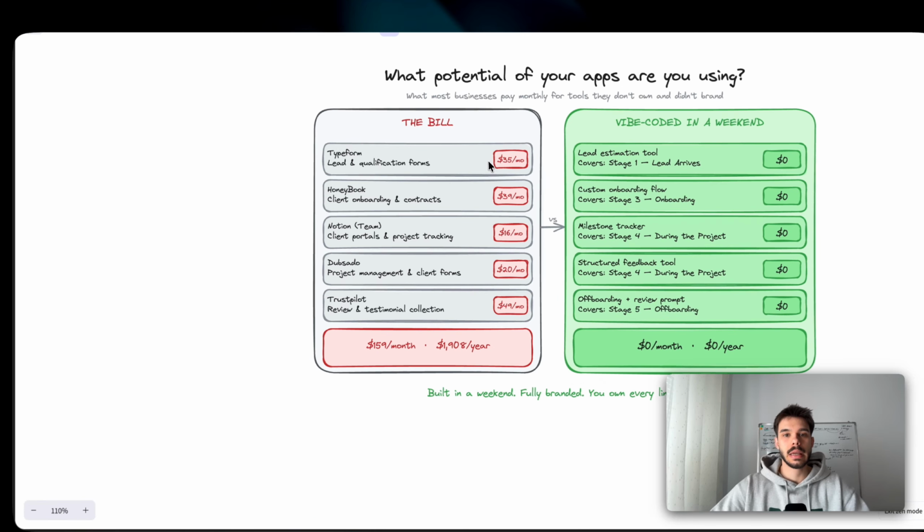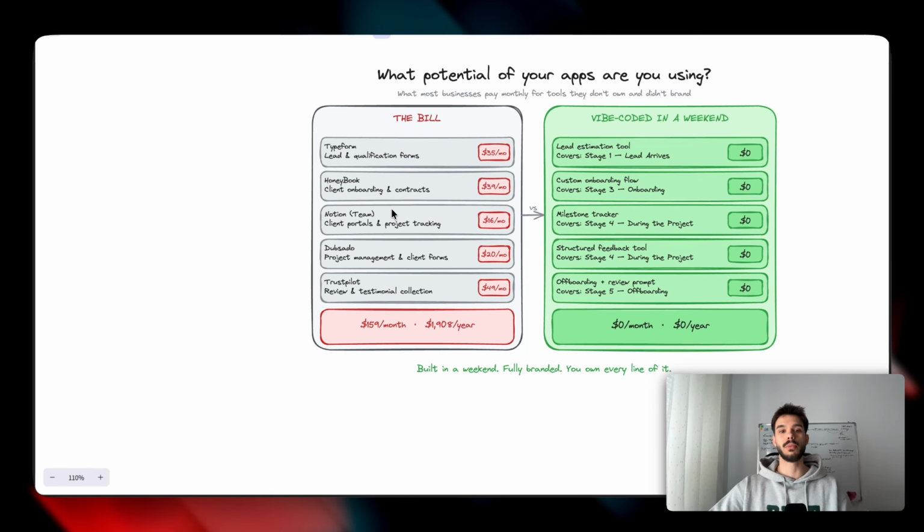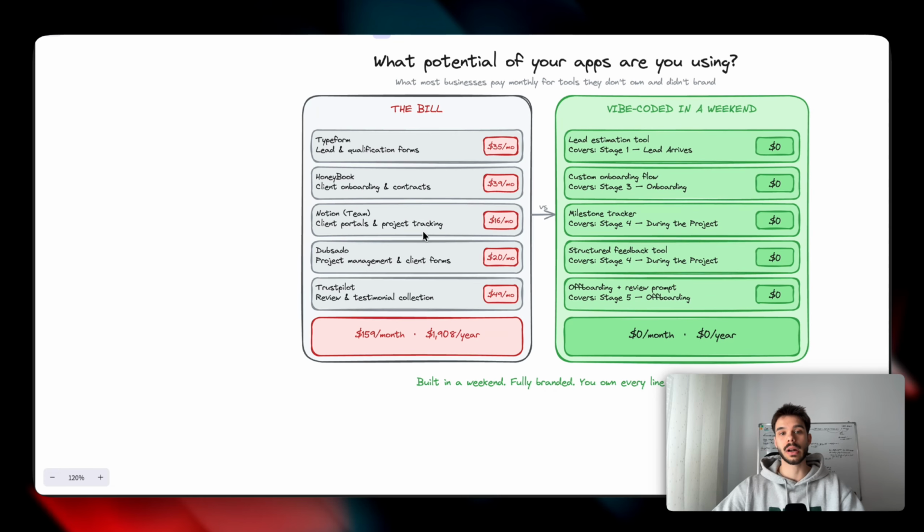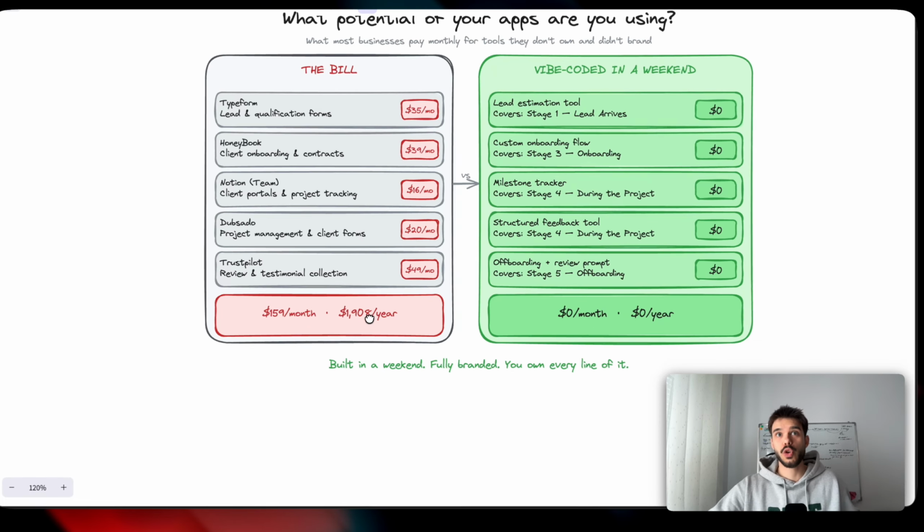partially. So let's say, for example, you have Typeform for lead and qualification forms, right? $35 per month. You have Honeybook for client onboarding contracts. You have Notion Team for client portals, project tracking, Dubsado, Trustpilot for review, so on and so forth. Just with this stack, which is a fairly simple tech stack, mind you. This is $159 per month or $1,908 per year, which you could literally just replace with a few vibe coded